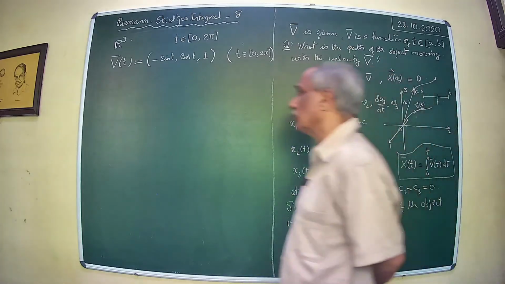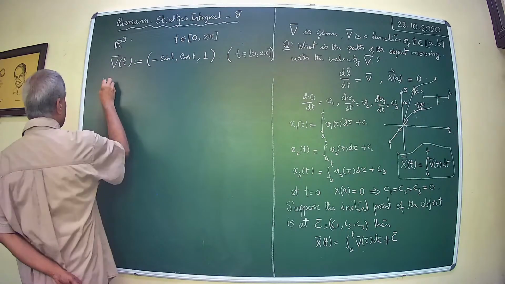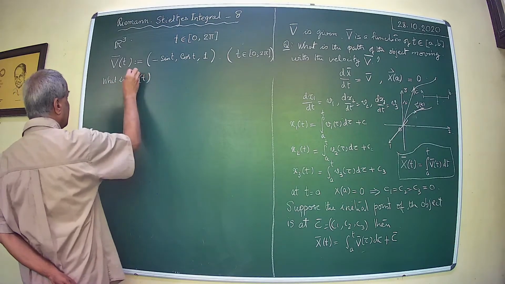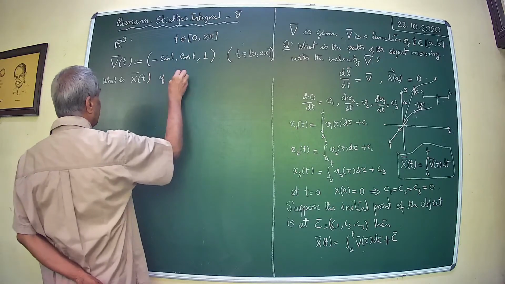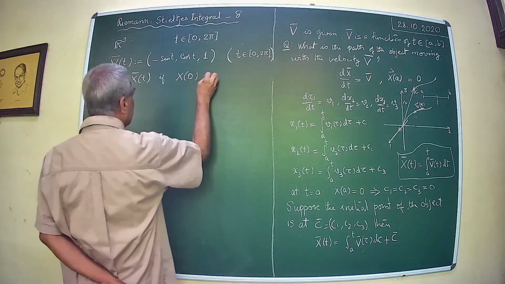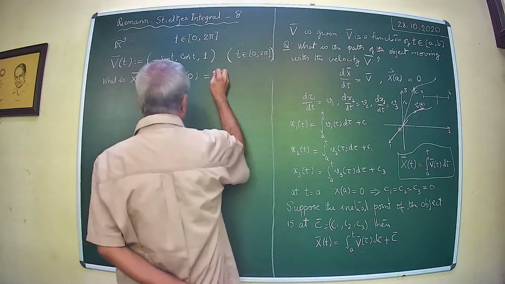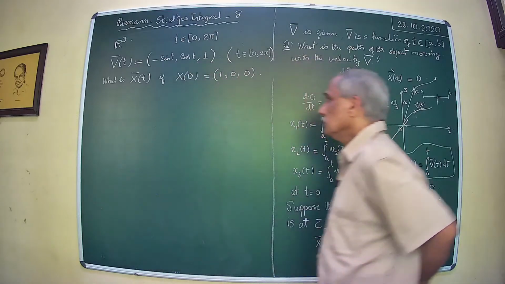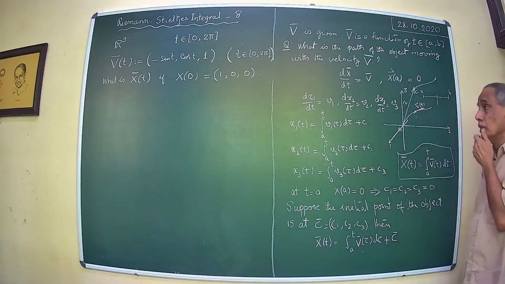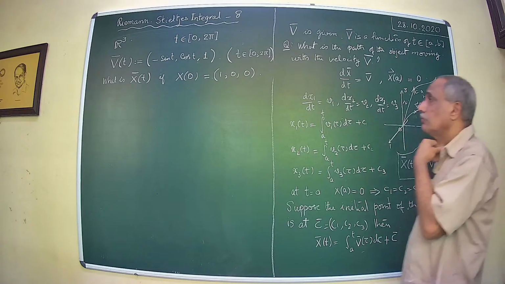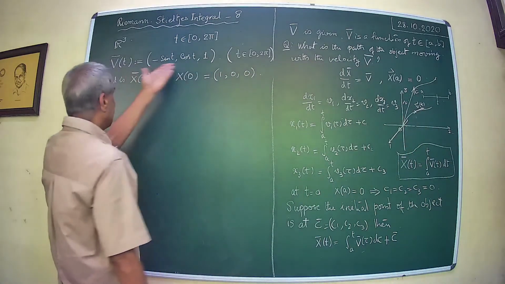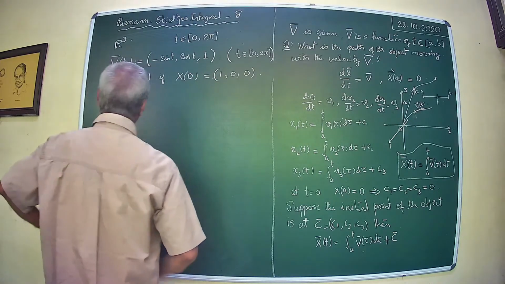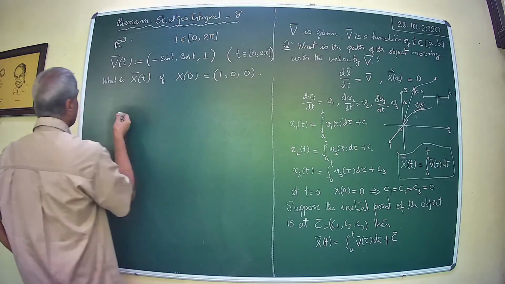What we are asking for is what is x, if x(0) is given by (1, 0, 0). So it's quite easy to compute this. What one can compute is just integrate these terms. These are very simple, smooth functions which can be integrated, and you get